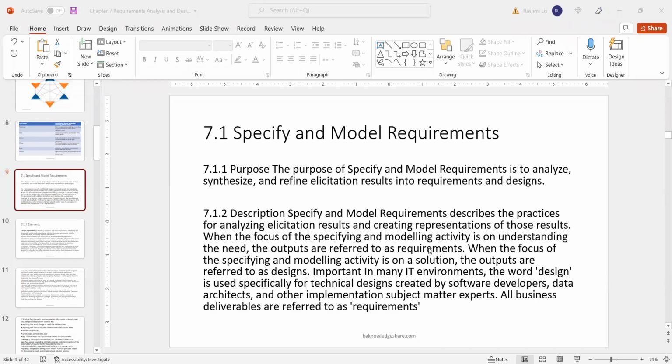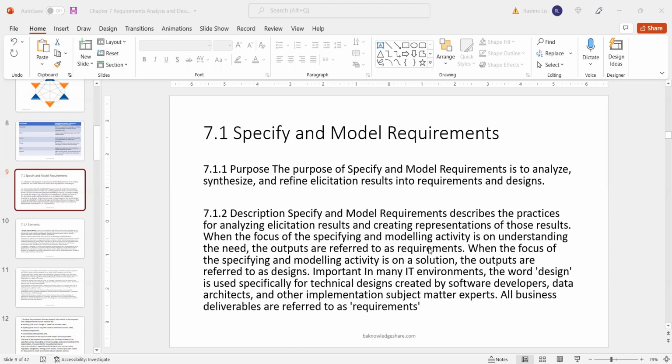The purpose behind this task is to analyze, synthesize, and refine elicitation results into requirements and designs. Now, specify and model requirements describes the practices for analyzing elicitation results and creating representations of those results. When the focus of the specifying and modeling activity is on understanding the need, the outputs are referred to as requirements. When the focus of the specifying and modeling activity is on a solution, the outputs are referred to as